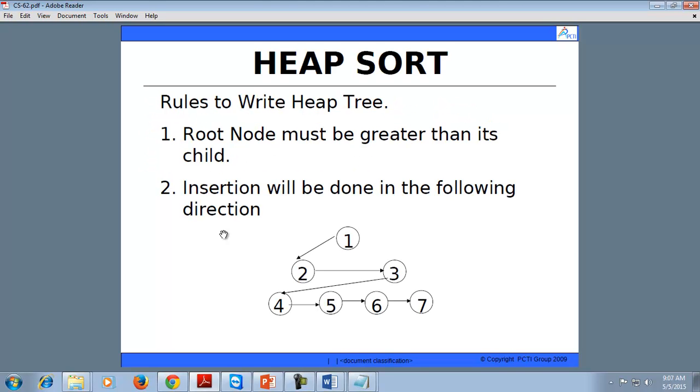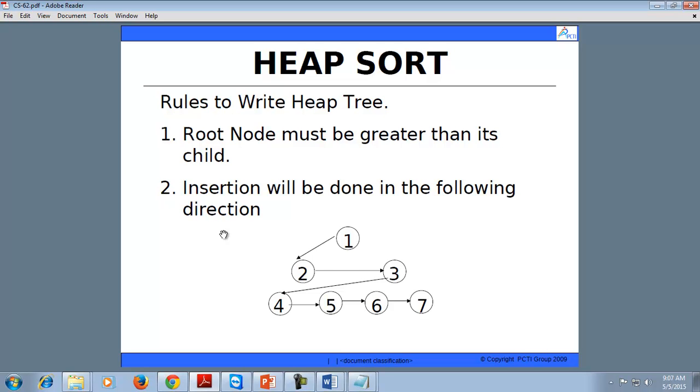Next is heap sort. Before discussing heap sort, I want to discuss some rules of the heap tree. As we already discussed binary tree, a binary tree is one in which a node can have at most 2 children, and a heap tree is a binary tree in which the root node must be greater than its child, whether it is the left child or the right child.